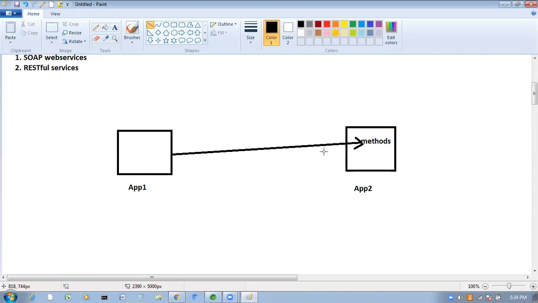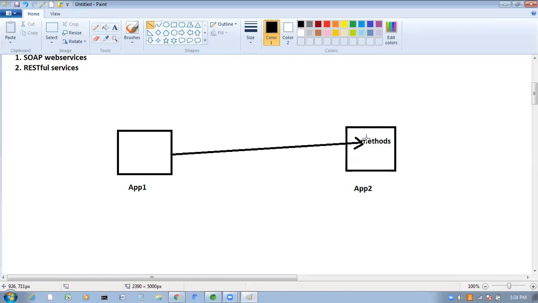What details are required? What is the name of the application? What classes are available inside the application? What methods are available? What is the name of those methods? And what is the request type, and what is the response type?